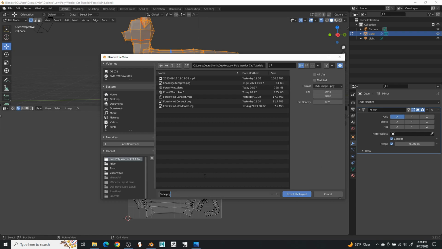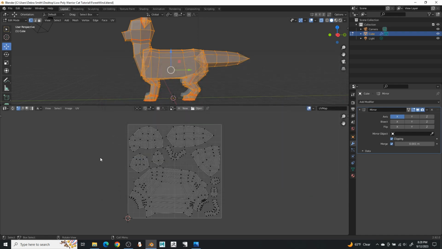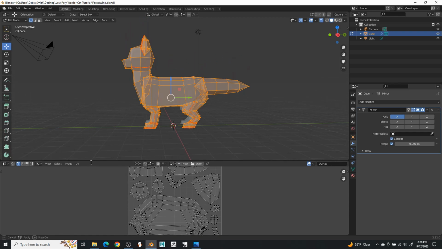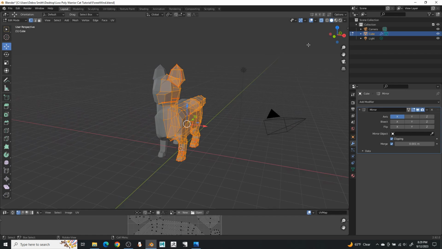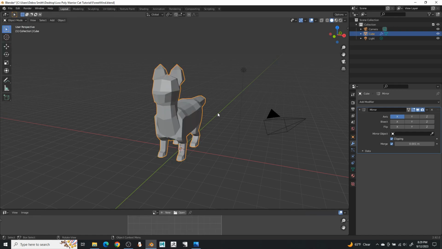So save this out as forest wind, forest wind texture. Export UV layout. Then we can grab that, drag it back down, turn off X-ray, and go back into object mode. And now that we have